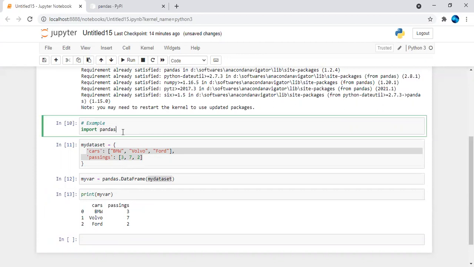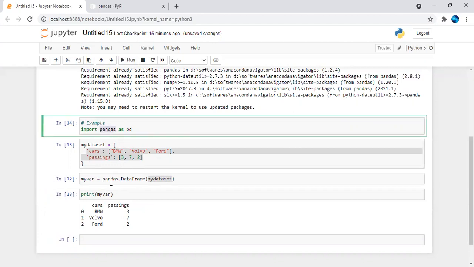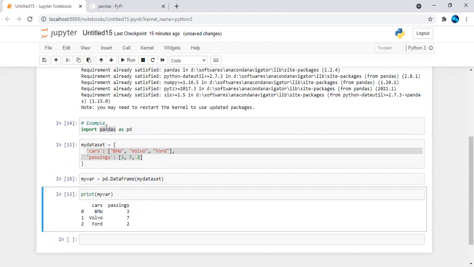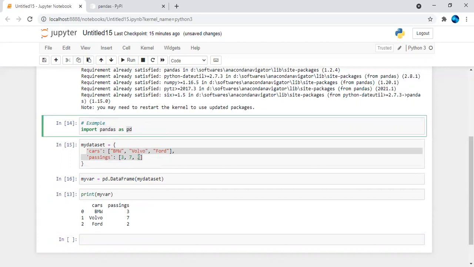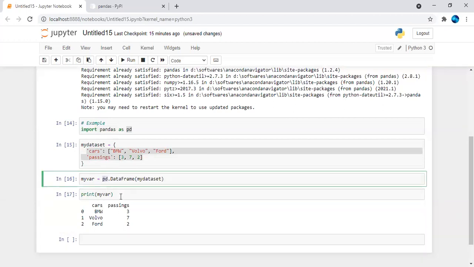Or here you can write import pandas as pd. Then you can run that. Whenever you call the data in the form of pandas, you can ignore pandas and write pd and run your cell. Rather than calling pandas, you can just change it into pd and call your data set, and then run. It gets recognized, so you can replace pandas with pd. Stay tuned for the next packages with respect to Python Jupyter Notebook.